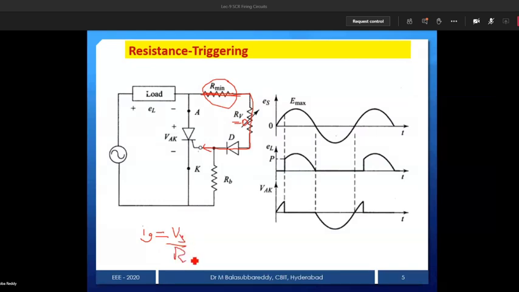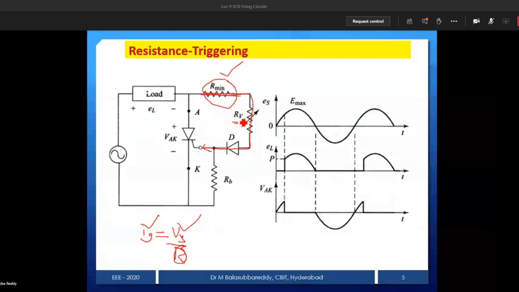R, the resistance, is very small because I am not using any resistor here. So only a small junction resistance or some wire resistance will be there. Therefore, Ig current is the same as the supply voltage. Supply voltage is 230 volts, but the gate current required is only milliamperes. So a huge current passes through the gate and the device is going to be damaged. That is the reason I need to provide an R minimum here to save the gate.